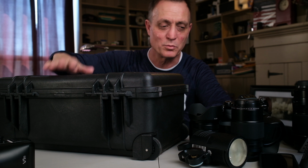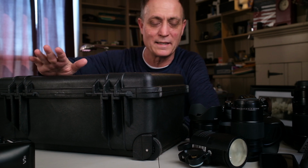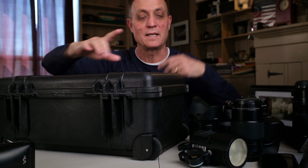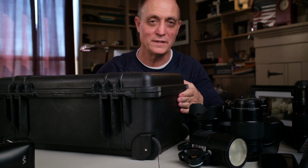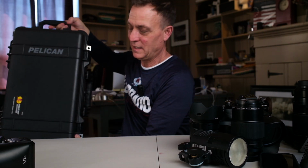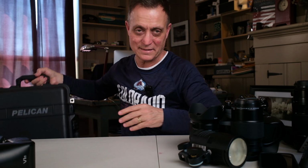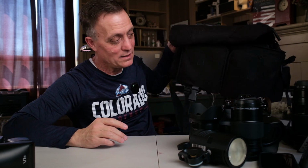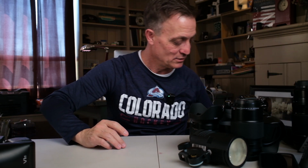Now, if you've ever used one of these, they're fantastic. They're made like tanks. Everything I've showed you fits in this Pelican case. Now, the drawback is that it weighs 15 pounds when there's not even anything in it. So it's heavy. This bag weighed 5 pounds, so I've tripled the weight in the bag alone. However,